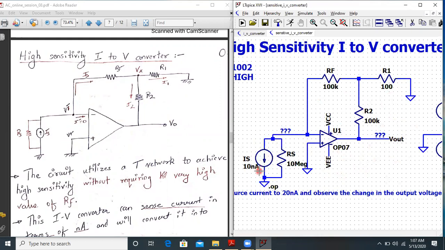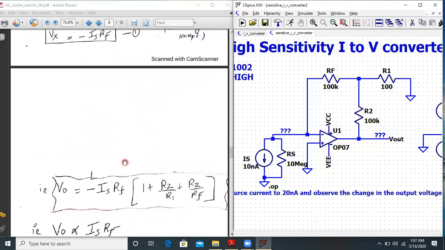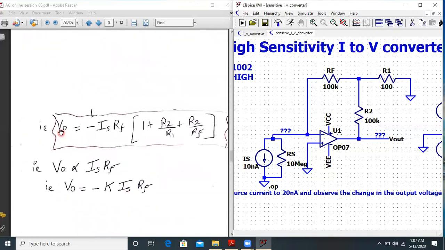Let me just reverse this direction as well. So whatever polarity we have here, here the polarity will be different. Here IS is very low, around 10 nanoamperes, and we have built the circuit exactly the same way. So here is my V out, here is my IS, and so on. So let us check the formula of the circuitry. So this is the formula.